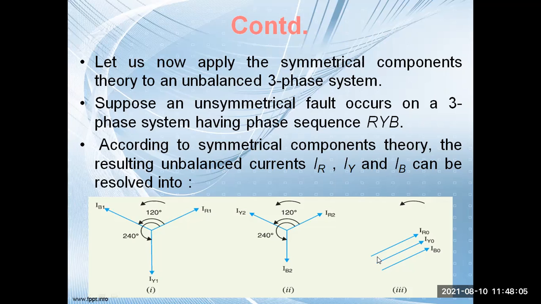Now the third one is the zero sequence current. In the zero sequence current, we know that the phasor displacement is zero. There is no phase displacement. That's why it has only the magnitude. So IR0, IY0, and IB0 are all parallel, and they have no phase displacement. I will just draw this on the board and make you understand once again, because it is a new thing, so that you can understand. This is, let us say, three phasors.